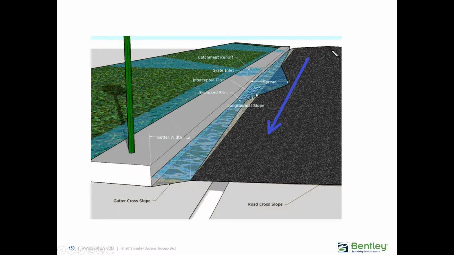And the idea of having a gutter is that it collects the runoff and it flows down in the gutter up until the next inlet is found. So here's an inlet, and then keeps going, finds another inlet. So you find some flow that is intercepted at the inlet, but also some bypassed flow that doesn't get intercepted